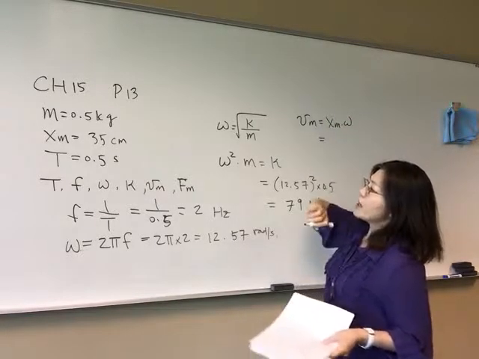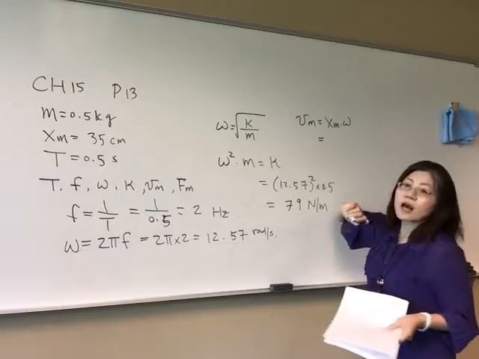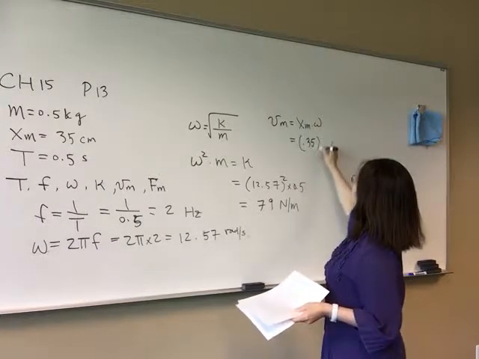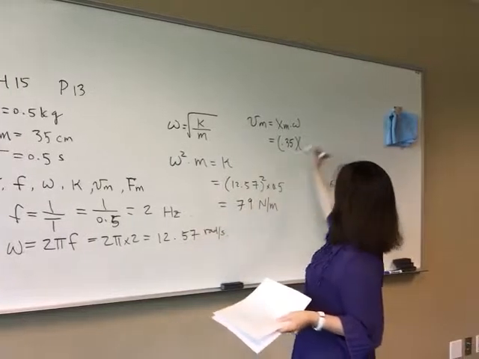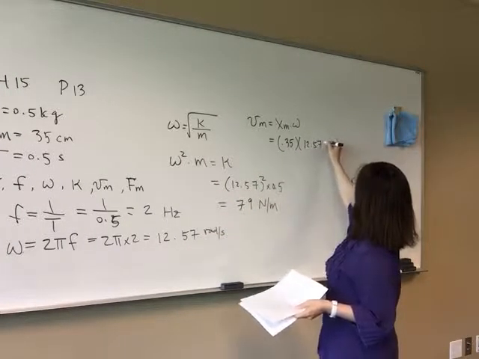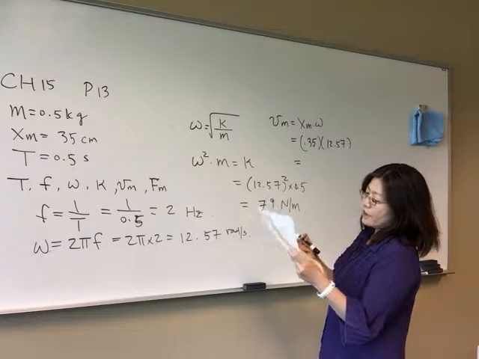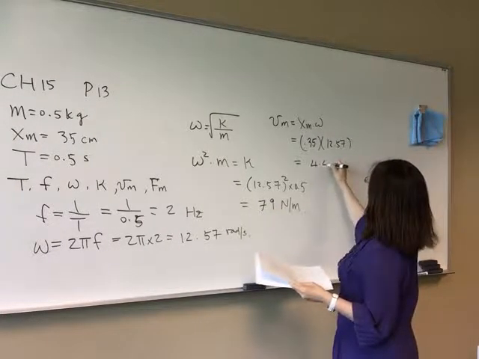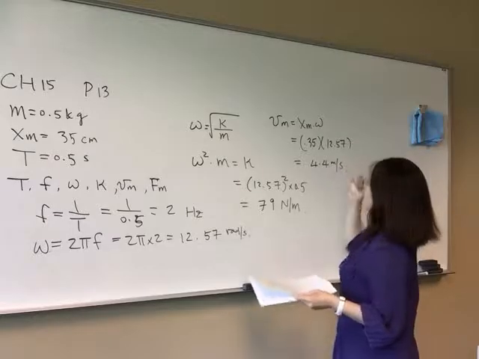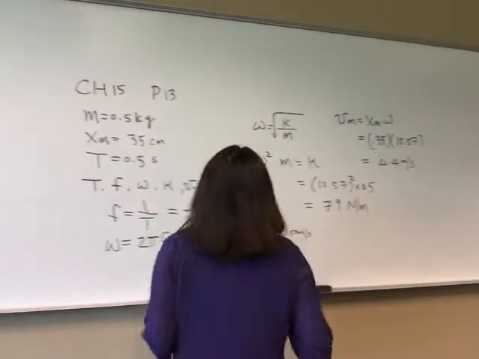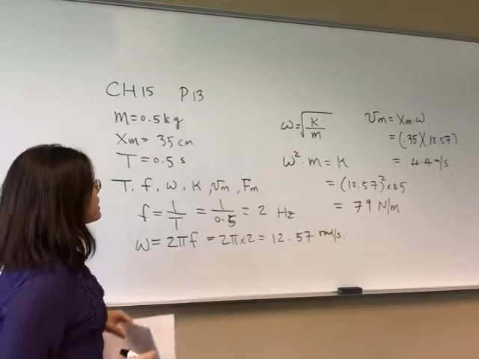We have our xm, which is 35 centimeters, so that's 0.35 meters, and then times your omega. Omega is 12.57. When you multiply that, you should get your Vm, which is 4.4 meters per second. Okay, so this is the speed amplitude, and then the last thing that you also find is